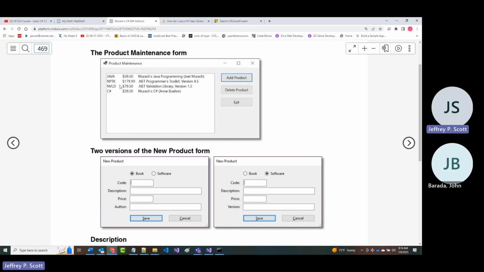Whereas if it is a software product, we want the code again, the price again, the description again, but then a comma and the word version and the version of the software. You don't want a book product with a version. You don't want a software product with an author.